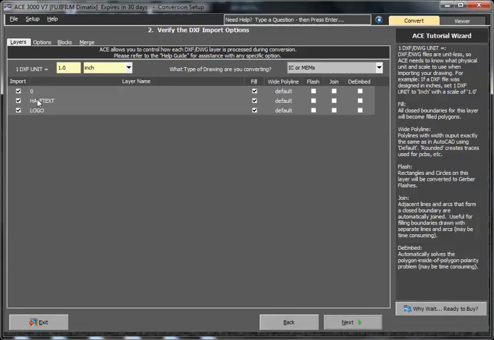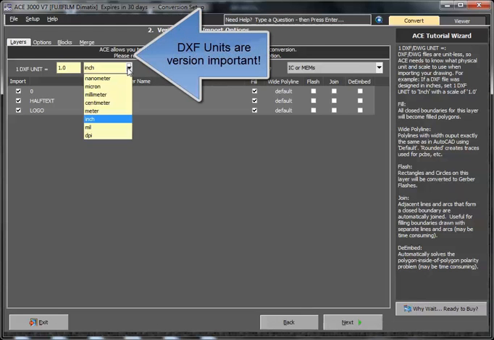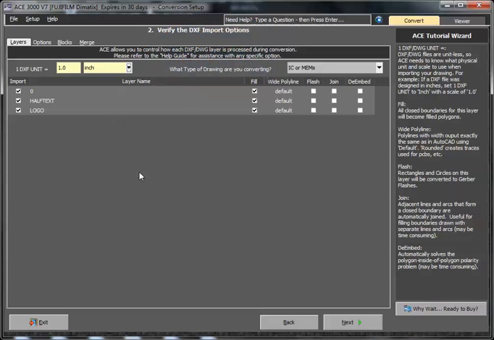You'll see there are 3 layers of this. But the most important thing whenever you import a DXF file is to always verify that you're aware of the units, because DXF files are unitless, which means they're just numbers. They don't tell ACE what the actual numbers mean. So it's very vital that you make sure the scale and the units are correct